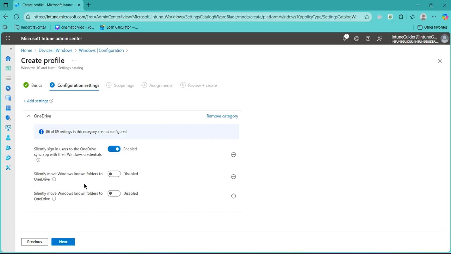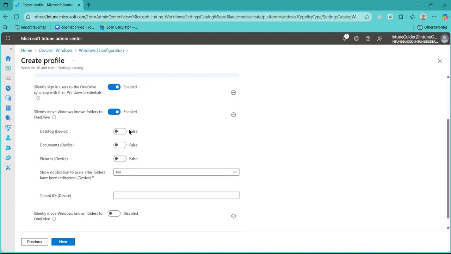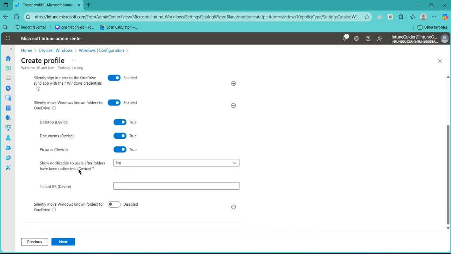Silently move the known folders to OneDrive. So what are the folders that come under this, I mean the Windows known folders: desktop, documents, and pictures. So that one we will enable. Okay, so we will make sure that all three folders are enabled. Show the notification to user after folders have been redirected. So it's not a good practice to keep it yes, but for testing purposes, I will make sure that we